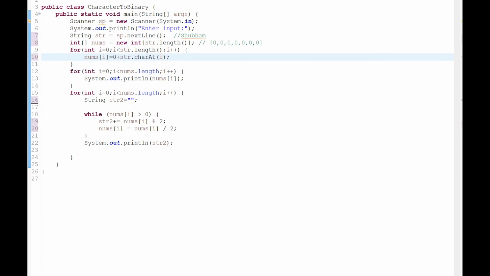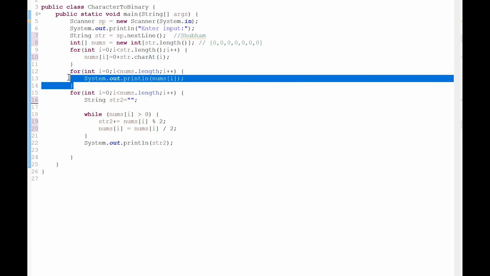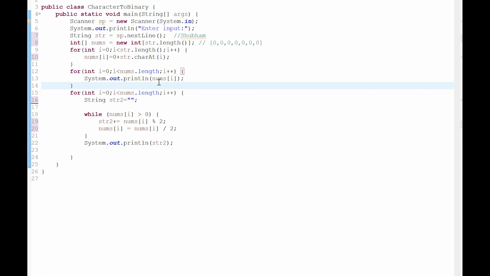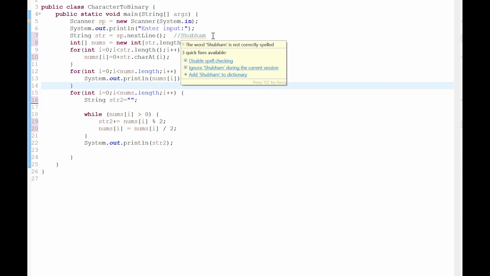Suppose Shubham's S has ASCII value 83. So it stores 83 at the 0th position. Like this it will store each character's ASCII decimal value into this integer array. After this I output it to show you the integer value of each character.